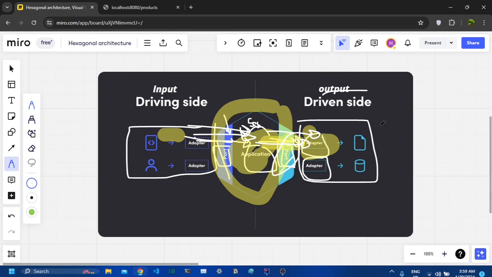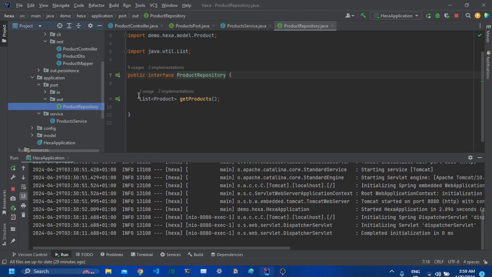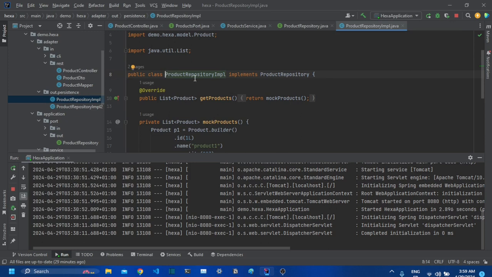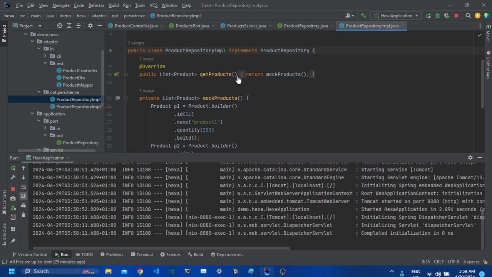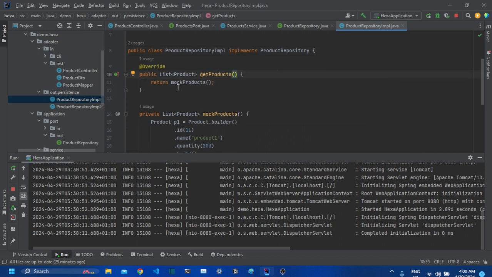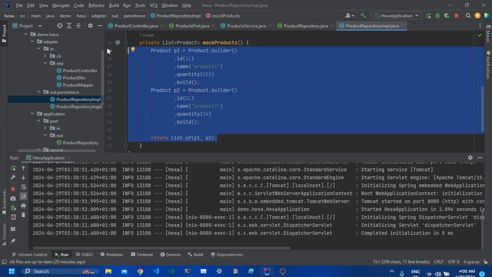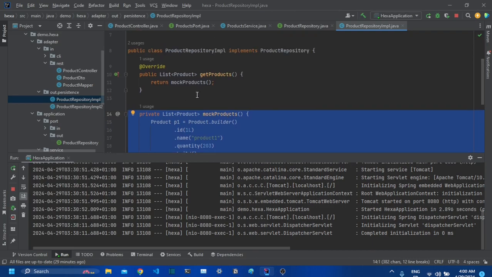And the implementation of this port is found on the adapter side, in output. So let's go right here, adapter, out, and there we go. This is the product repository implementation. We have this simple class that implements this product repository, and we just override this get products method. In my case, I just mock some products that I created. Obviously, in a real application, you will have to use some JPA or something, but this is just an example, and I just mock the products. That's pretty much it. So if I run my project,